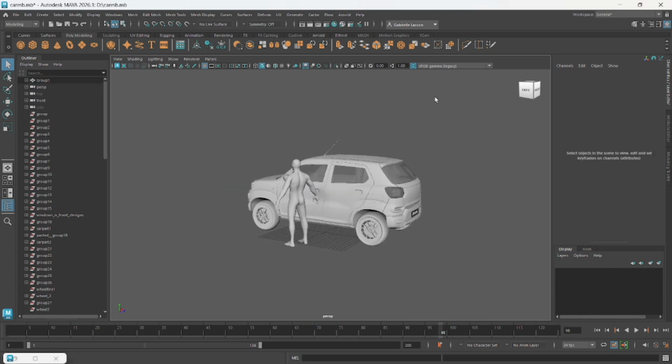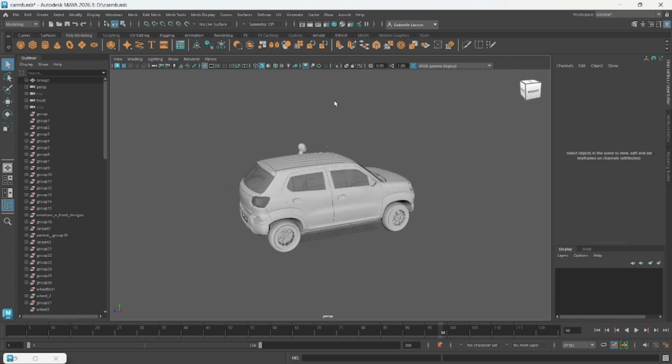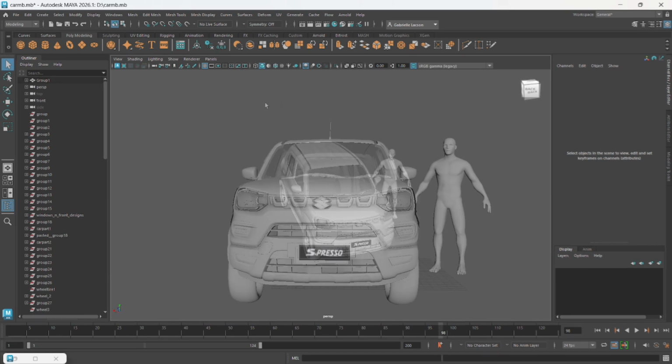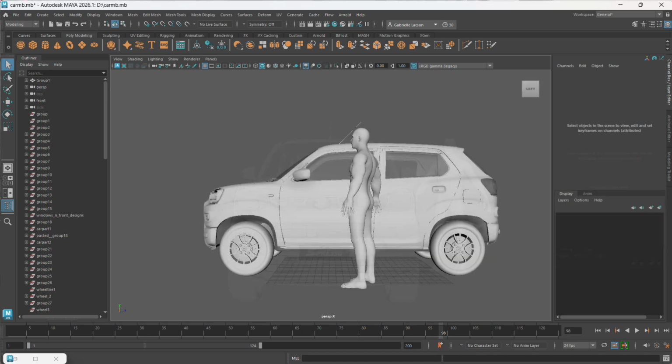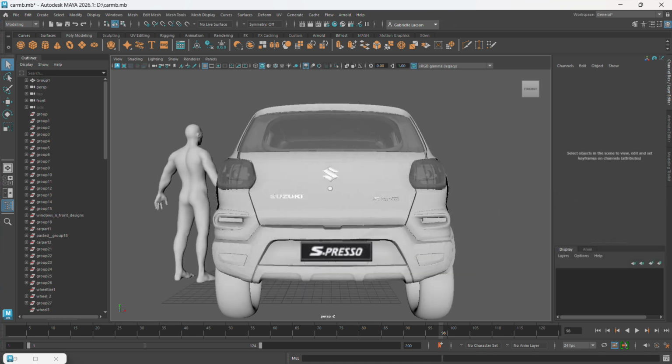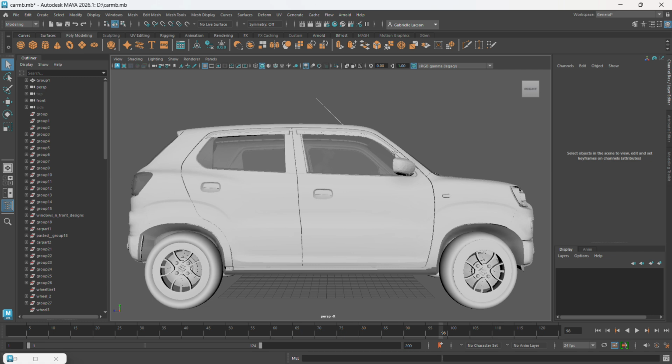Now let us check the model in all four main views. In the front view, we see the face of the car, showing its details clearly. In the right view, we notice the side profile, showing the compact design and overall length. In the back view, we observe the rear part, showing balance and proportion of the whole model. In the left view, we confirm the proportion and match to the opposite side.